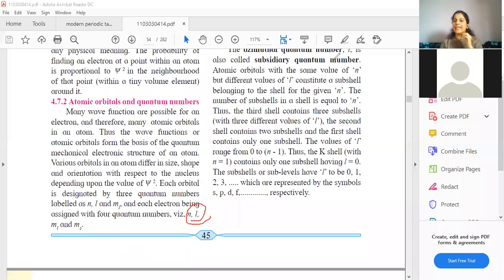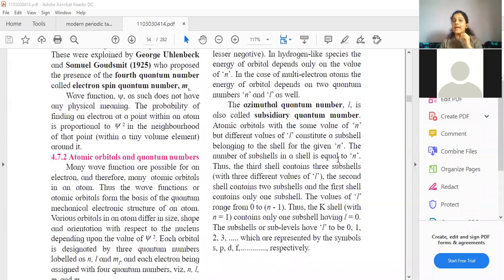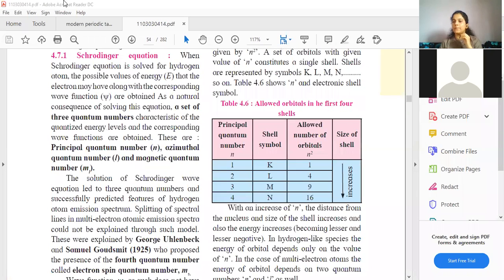What is n? n stands for the principal quantum number. And what is the principal quantum number? It is the number of the shell. You can see this table over here. The first shell is your K shell, so the value of n for the K shell is going to be 1. Next we have L. It is in an order: it starts from 1 and goes on increasing. So for K the value of n is 1, for L the value of n is 2, for M the value of n is 3, and so on. This is the principal quantum number. It tells us which main shell we are talking about. Now students, what is this n square? Again, I have explained this in the last lecture.